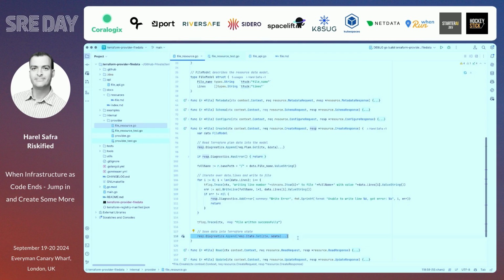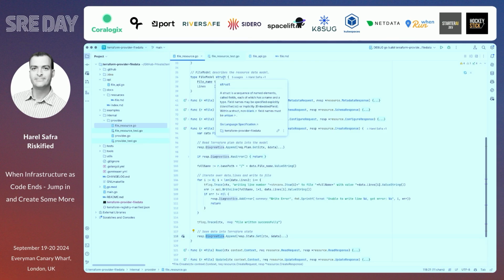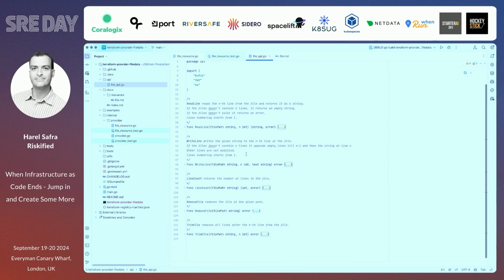core. So in this case, the create operation of file reads the file name from Terraform code that was provided, and then it loops on the lines array and writes them to the line. And then it returns a response to Terraform core to allow it to amend the state correctly. The small operation, the small node, the file API, you can see has a read line operation, a